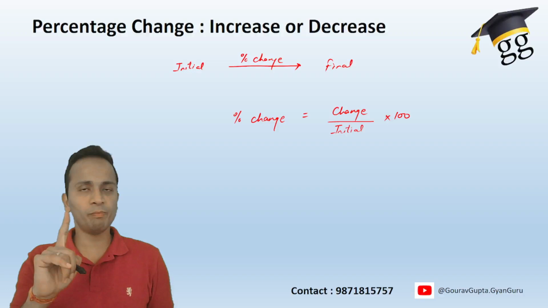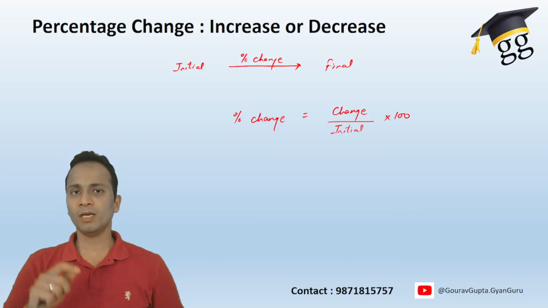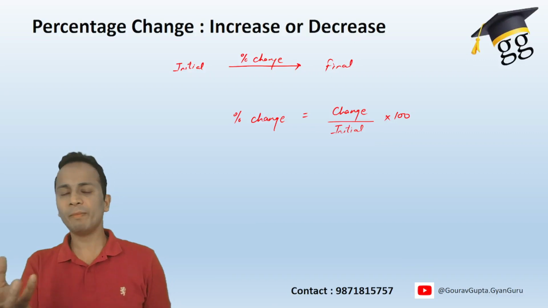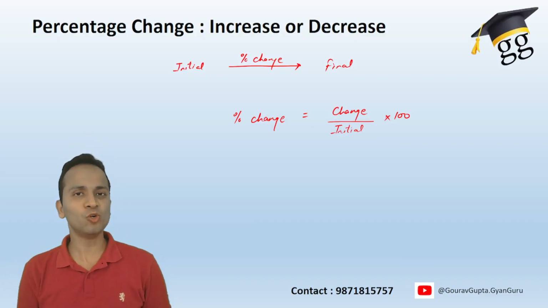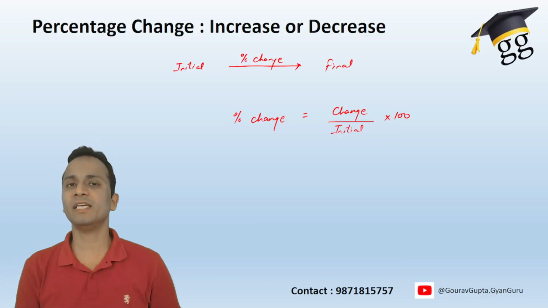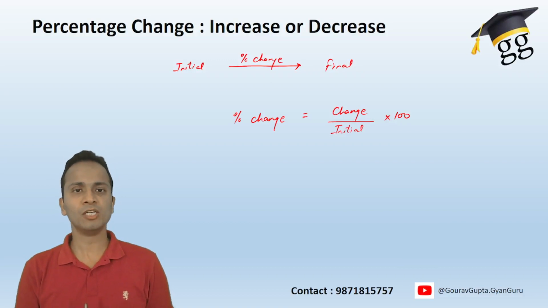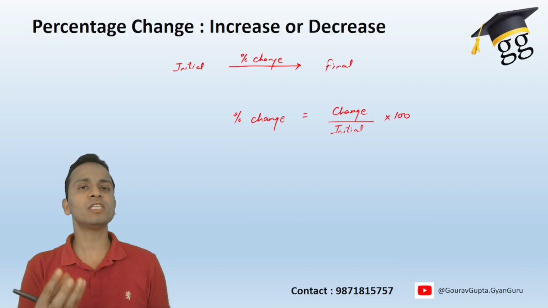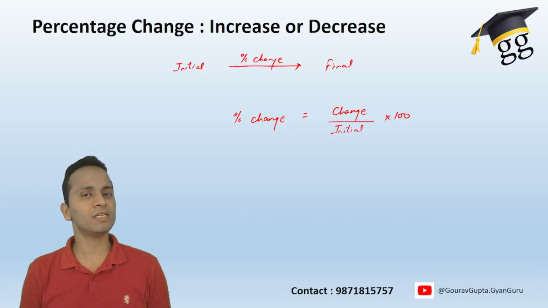So एक बहुत इंपॉर्टेंट पॉइंट है यहाँ पे, परसेंटेज चेंज इज ऑलवेज कैलकुलेटेड ऑन द इनिशियल वैल्यू. हमेशा डिनोमिनेटर में इनिशियल वैल्यू होता है, फाइनल वैल्यू हम कभी नहीं रखेंगे डिनोमिनेटर में. ओके, सो इनिशियल वैल्यू, फाइनल वैल्यू, these two things are given, and using this formula we can calculate the percentage